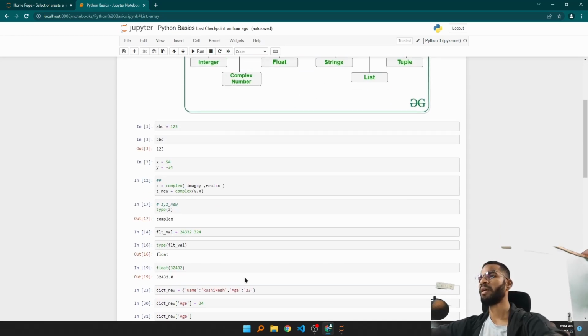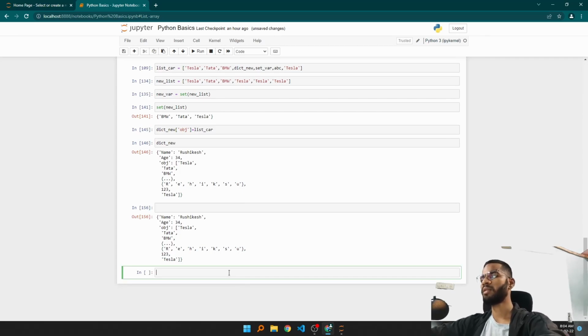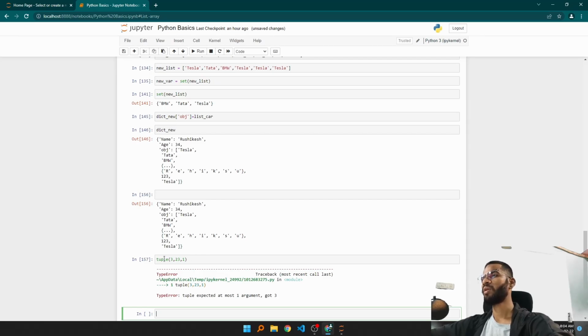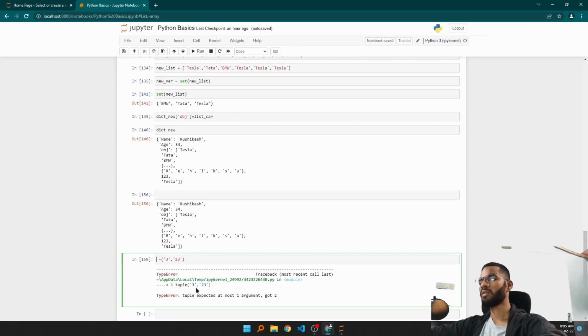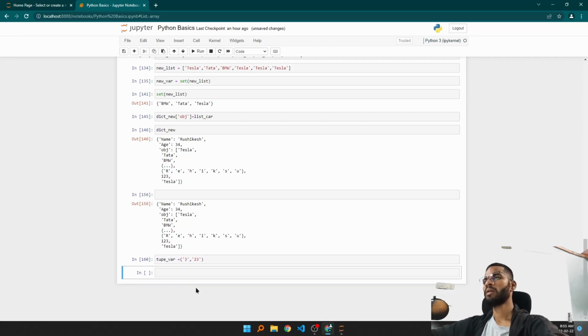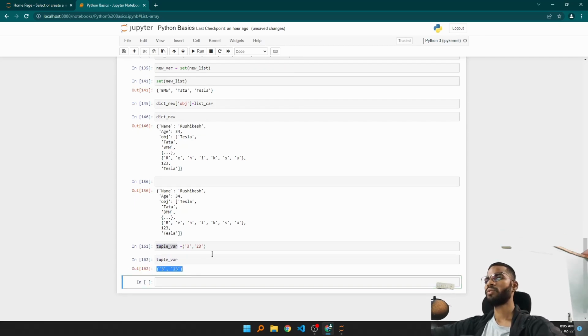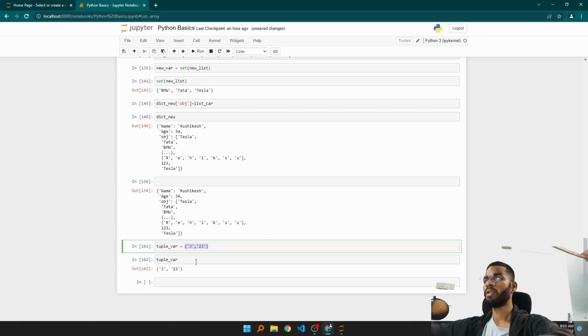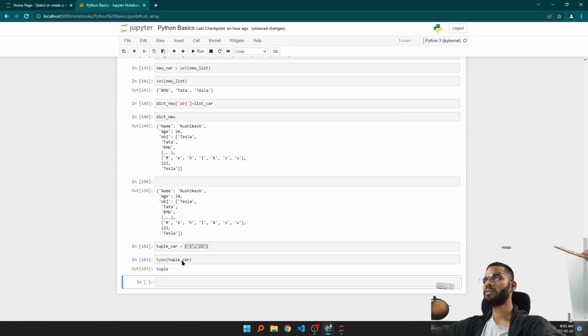Okay, and now next we will look at tuples. One unique thing about a tuple is that you cannot change it once you define it. Okay, so how do you define a tuple? So this is an incorrect way to define a tuple. Actually, a tuple is nothing but anything you define within parentheses. Tuple var, and you can see the tuple's output. So tuples are always defined within round parentheses,